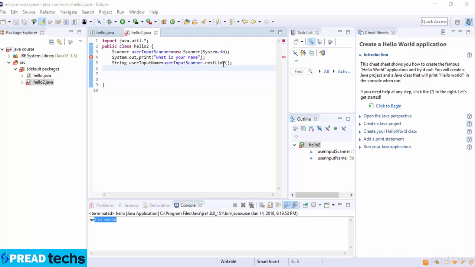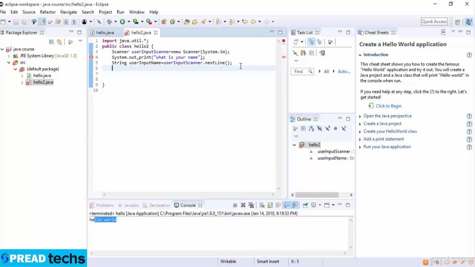Now we go to the next step, which is to print out a greeting to the user. Now that we have the user name stored, we can print out a greeting to the user. Remember the System.out.println, which is hello world, that we wrote in the main class. All of the code that we just wrote should go above that line. Now we can modify that line to say System.out.println, which is hello plus userInputName plus